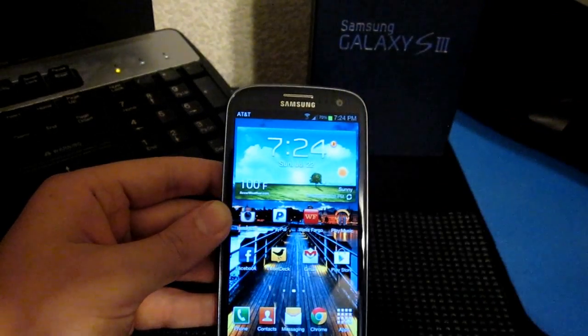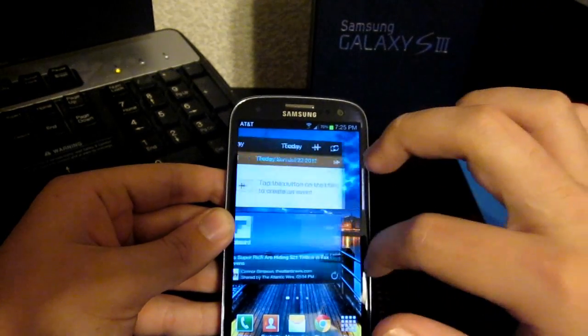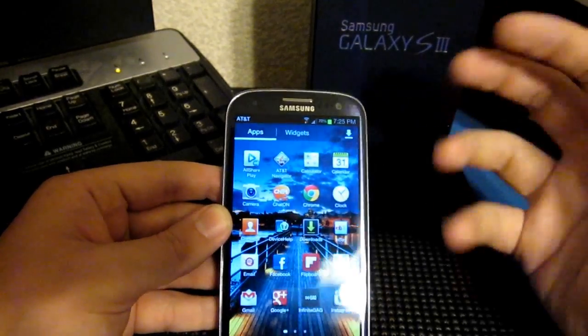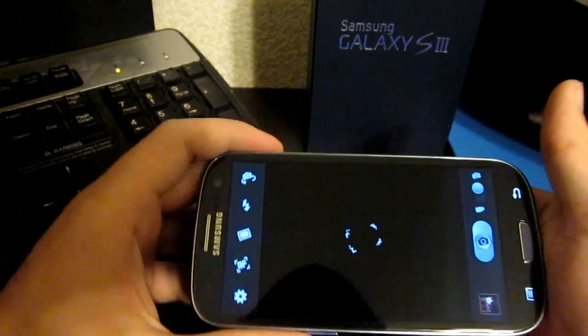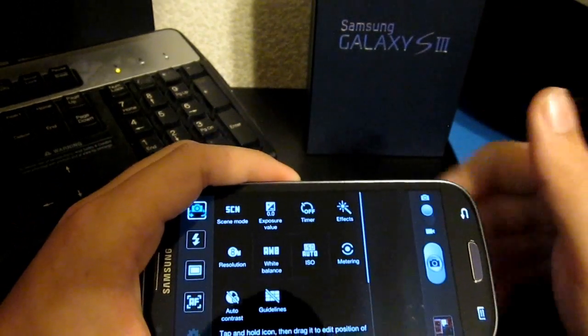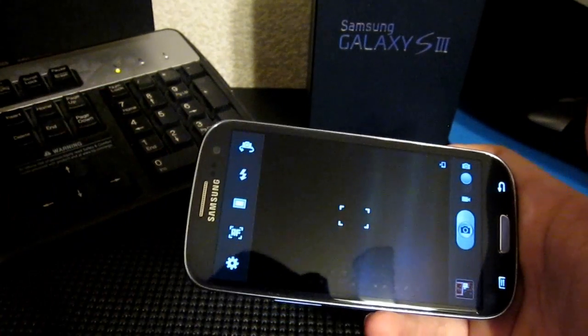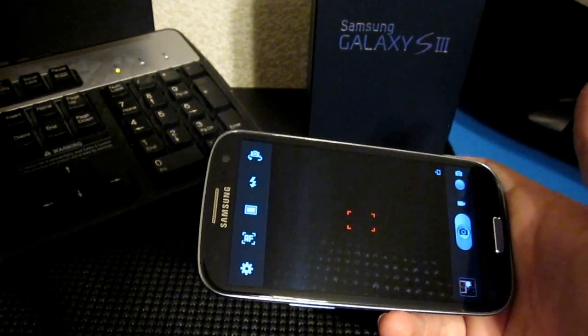One of the best things about this phone, the camera. The camera on this thing is outstanding. I didn't think it was going to be too great. I thought it was just going to be your normal phone camera, pretty good, decent, you know, do the job. It's actually phenomenal. The zero shutter lag is quite literal. On the Galaxy Nexus, they say, you know, oh, it's zero shutter lag. It's really not that